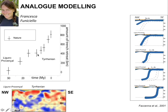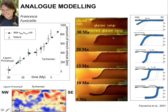So we're going to the lab, and this is the lab that we have here at Roma 3, the Laboratory of Experimental Tectonics, and we start doing very simple experiments to investigate this kind of feature. So there was some years ago, and the idea was to take a tank and to fill it with two syrups with different viscosity, the lower one 30 times more viscous than the upper one, and on top of that putting a very thin, a centimeter thick silicon putty layer, which is a Newtonian viscous layer, denser than the underlying glucose syrup. And then we let this